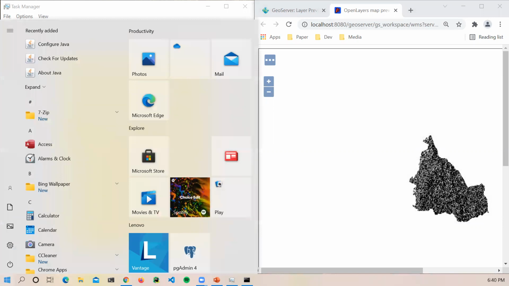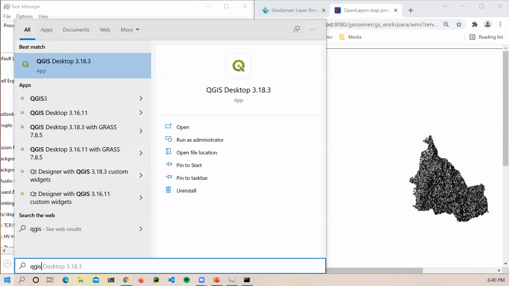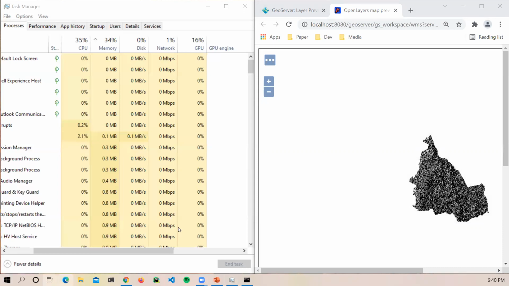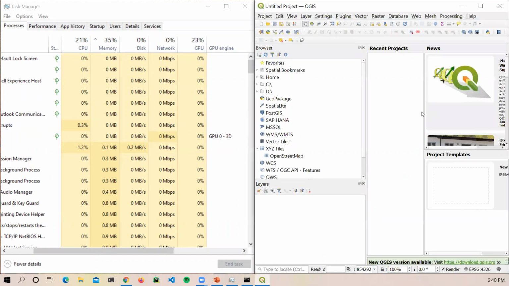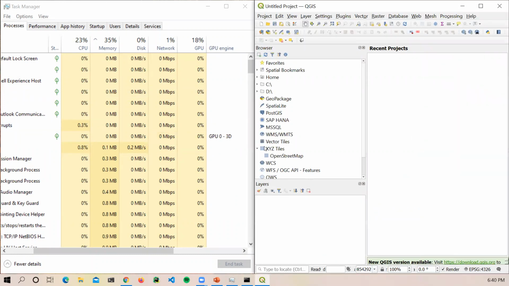So allow me also to open the QGIS, okay? Yesterday we also did the same, but let's try and do it. And I'm not going to close this CPU. This is my task manager, okay? So I've opened the QGIS, and here it is. So I'm also going to add it here on the side, and let me add